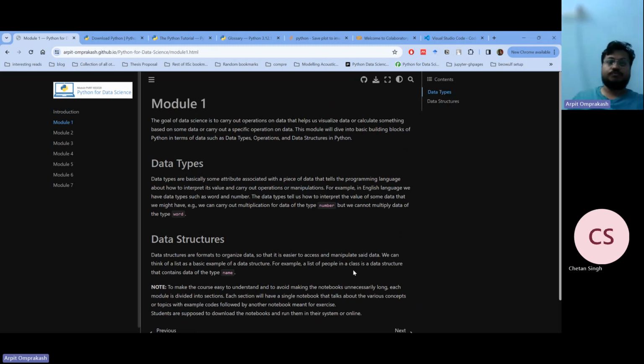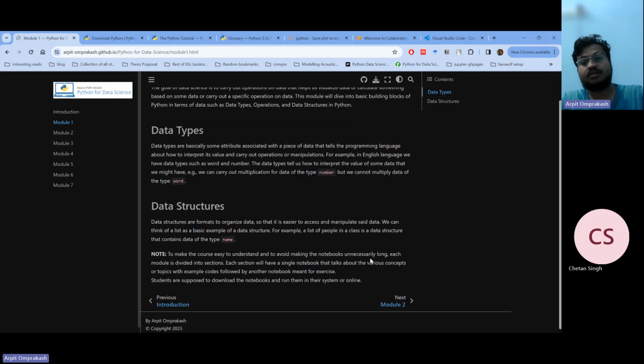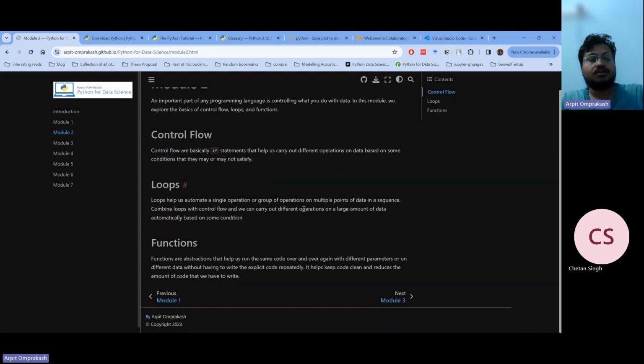The goal of the course is data science, so we need to know how data is stored, manipulated and used in programming languages. In the second module, we learn about control flow, how loops and building functions can help us